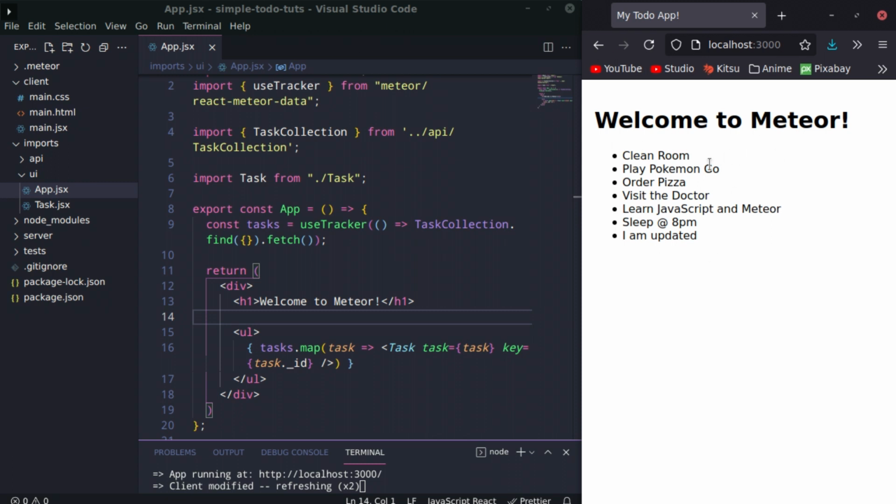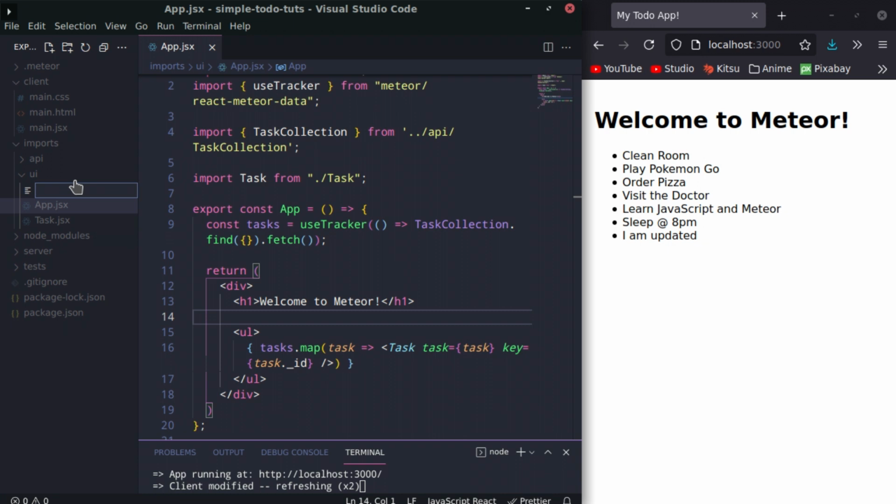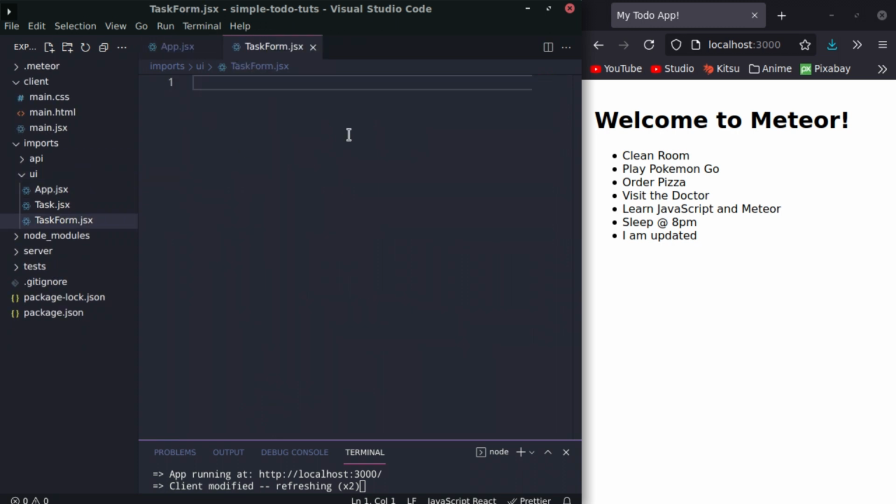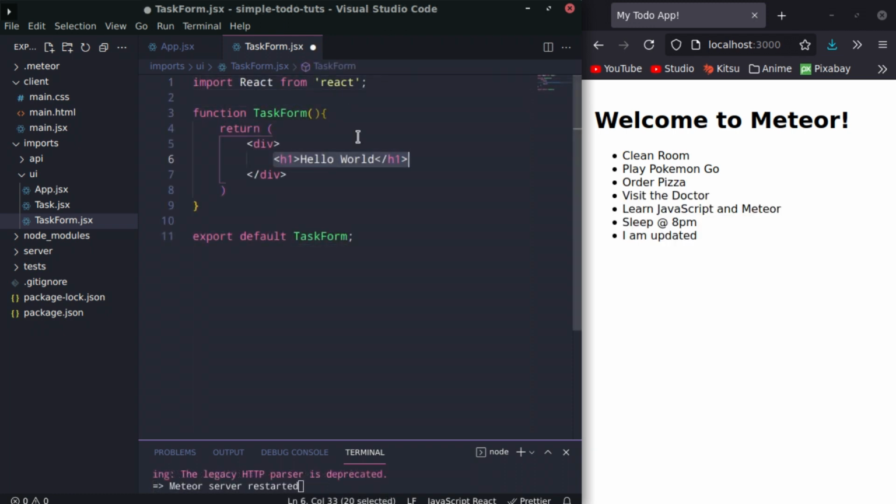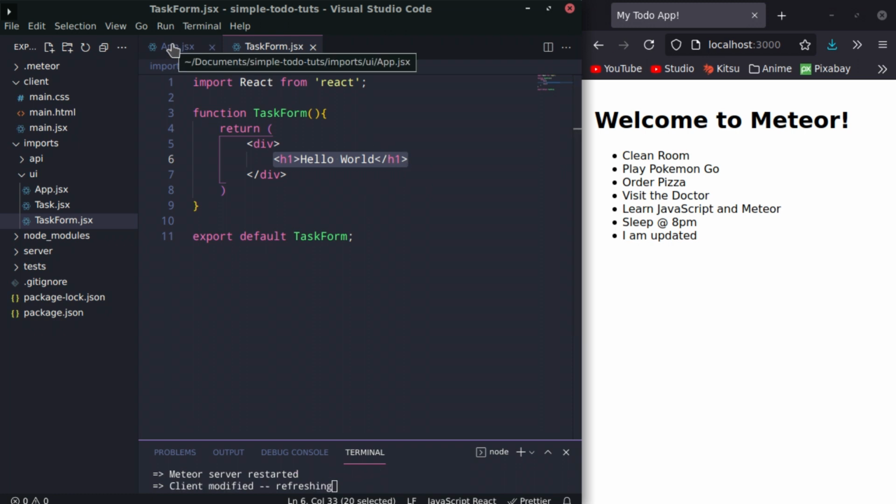So let's create a new file inside of our UI. So right here, we can say new file, and we're going to call it task form. So task form.jsx. I'm going to put my JSX template here. And perfect. So once you have this, we can just make sure that it actually works by going to app.jsx